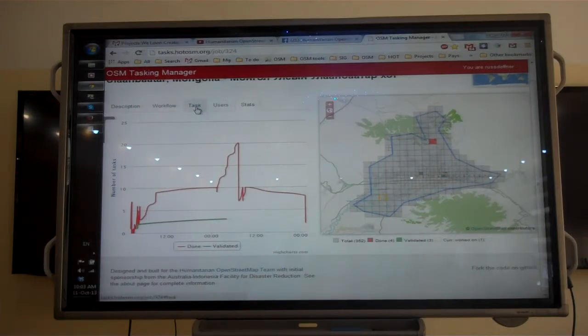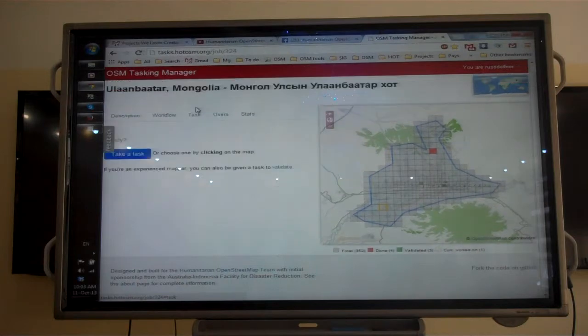So to take a task and start mapping, just click the task tab. If you click the blue take